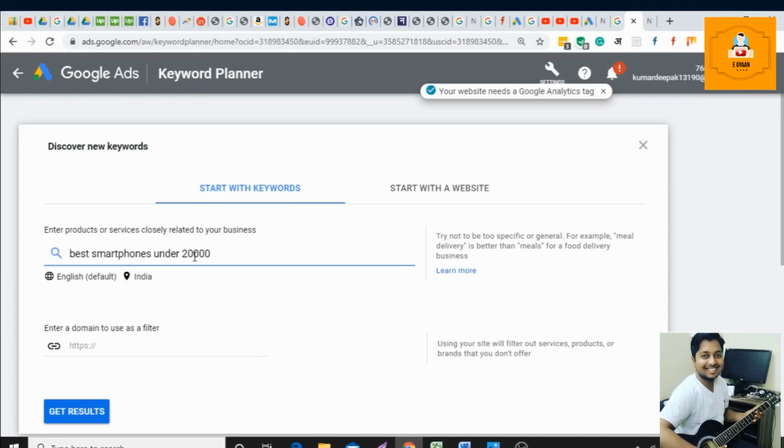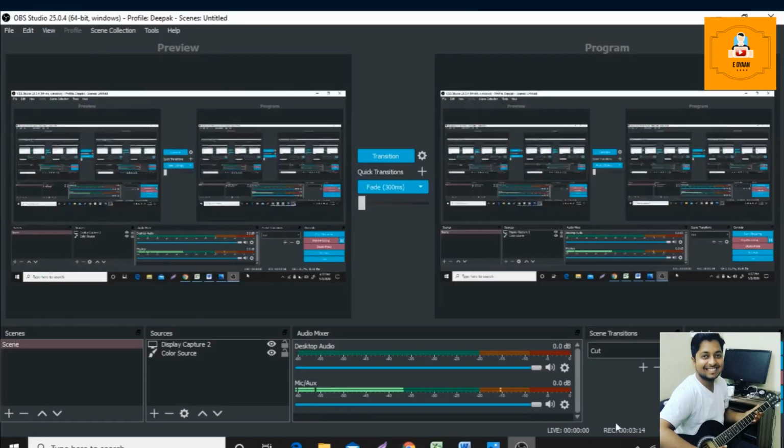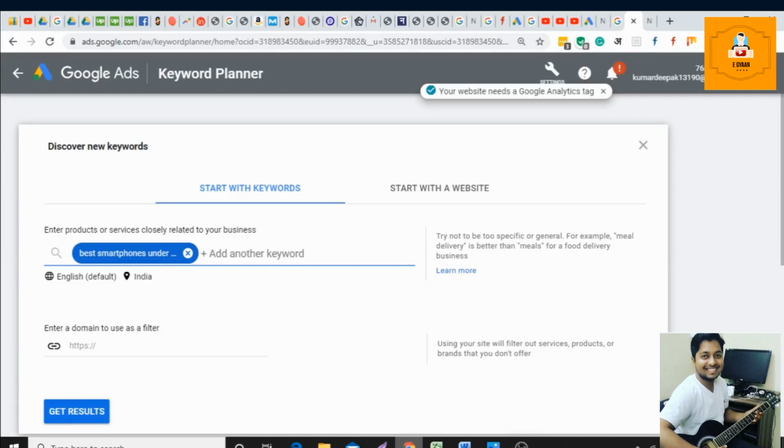So let us check this keyword. Let us check the keyword difficulty and the volume of the keyword for best smartphones under 20,000. Click on the Get Results button.